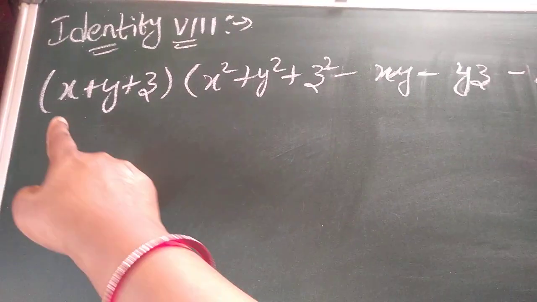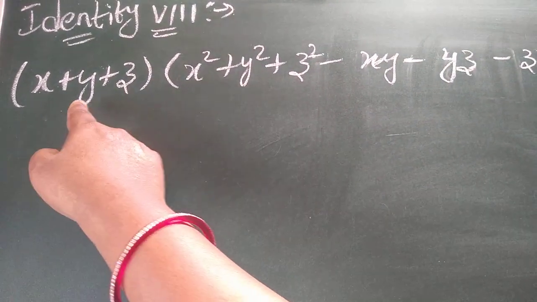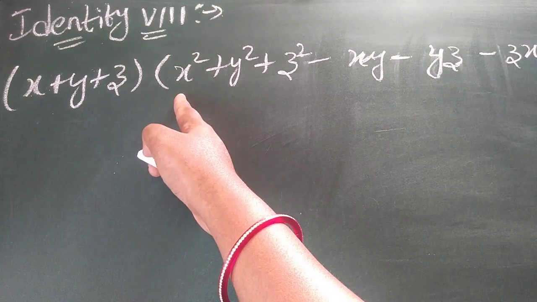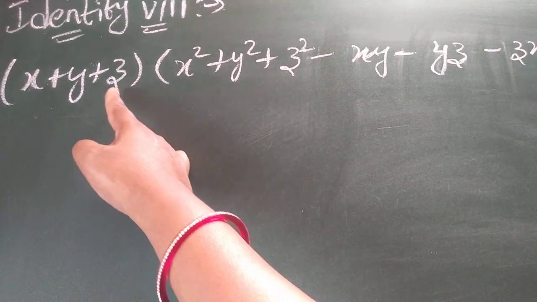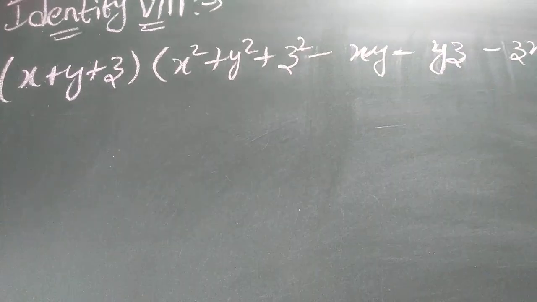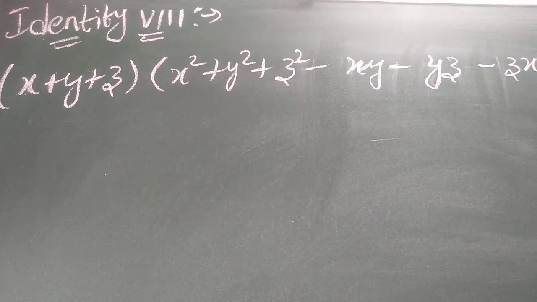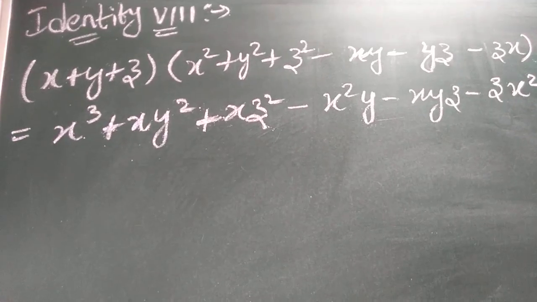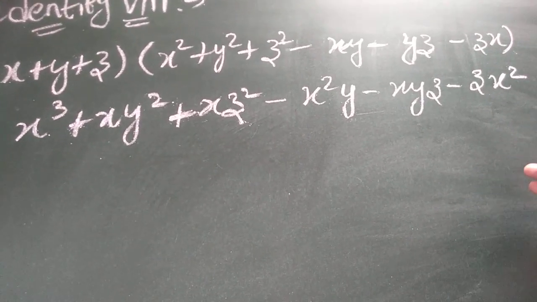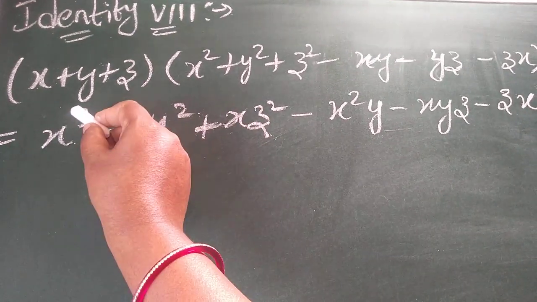That is, first we have to multiply this whole bracket with x. Then again addition of this whole bracket multiplication with y. Then addition of whole bracket with multiplication of z. So after multiplication and addition, what we will get? Let us see now. As we can't write the whole multiplication in one single line, children, I am going to write one below the other. First now I have multiplied the whole bracket with x.